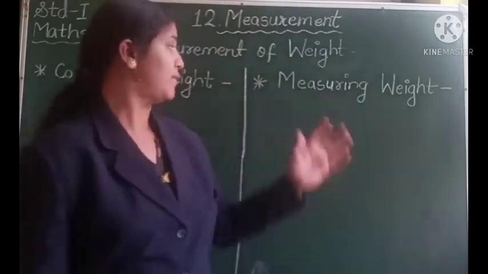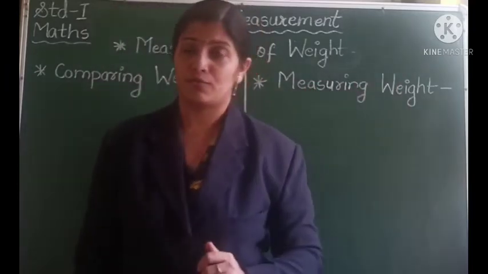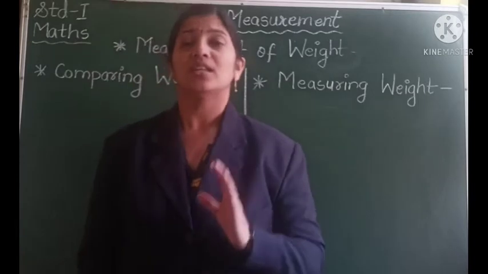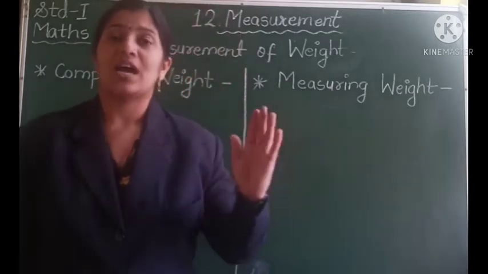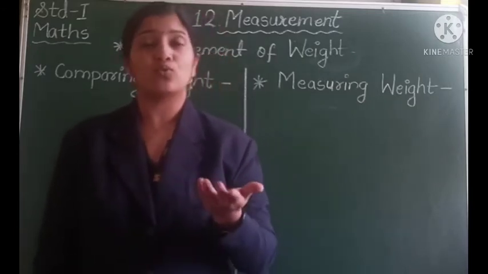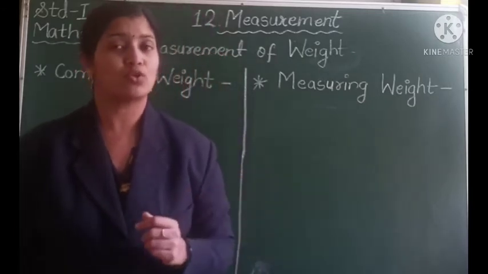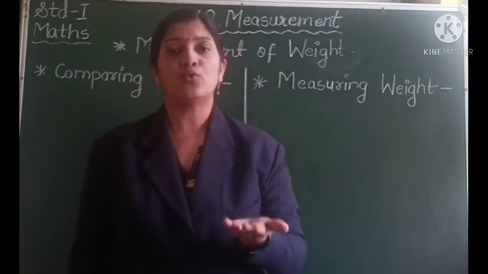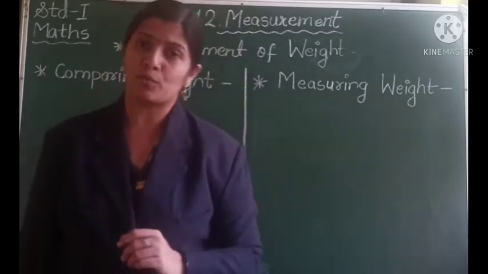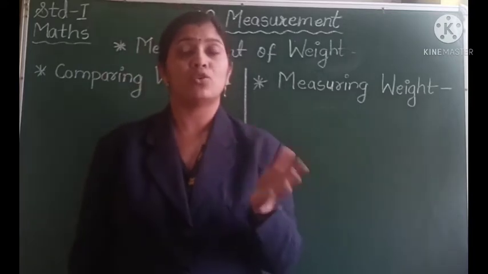But students, when we are doing the measurement of weight, or if we want to know the exact weight of some object, then we have to see how much it is equal to. So students, you might have gone to the market to buy vegetables with your mother. When you go to the vegetable seller, you tell them to give 1 kg of potato. Then what does the woman or the man do?